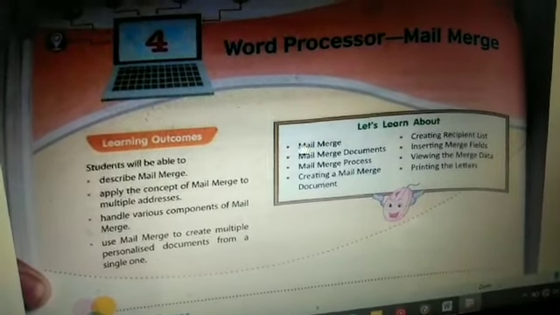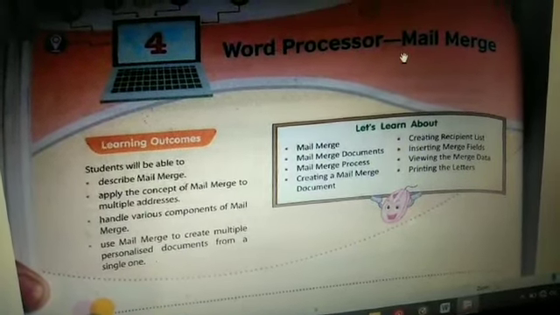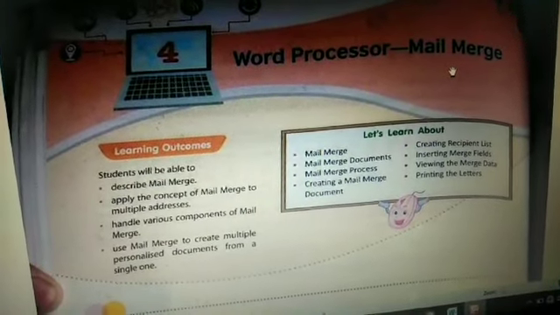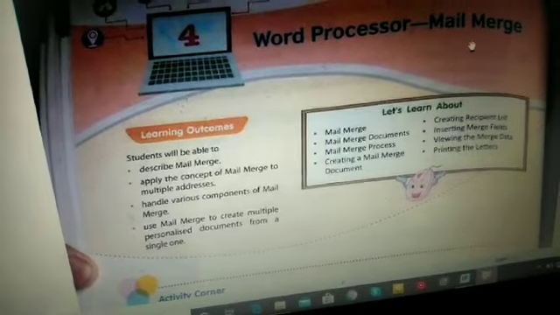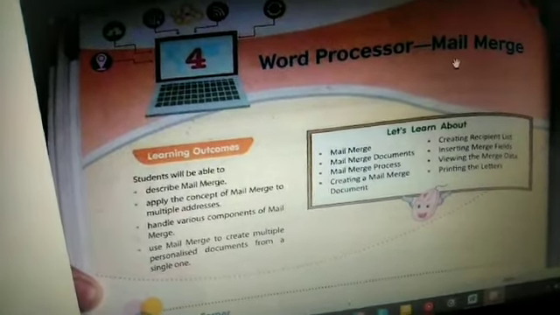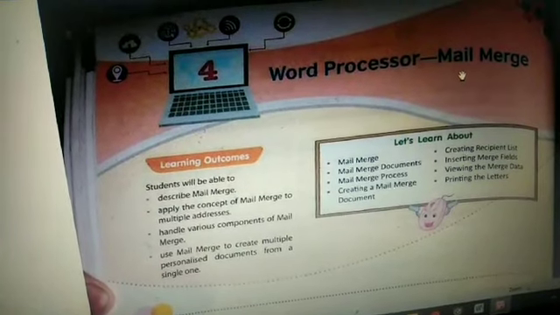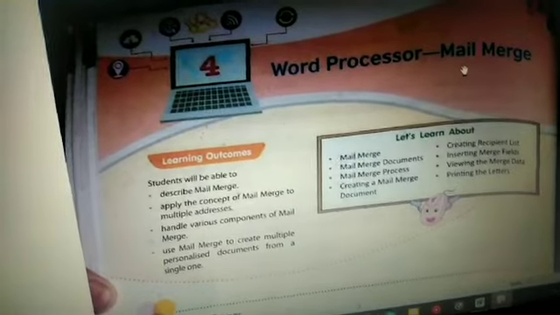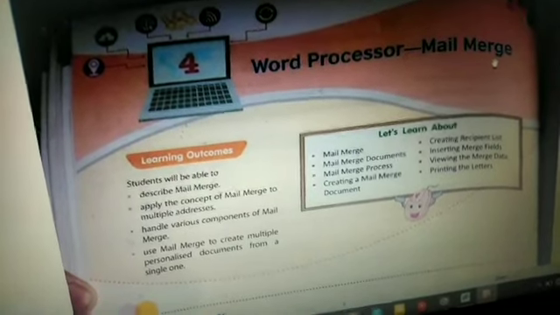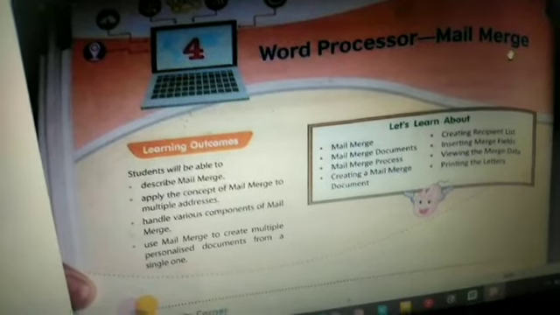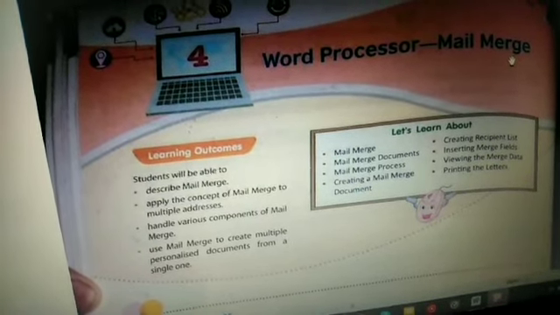So I'll tell you what is the main aim of using this mail merge before we go to the lesson. I would like to tell what is called mail. Mail means some information, or it can be a letter or it can be an order or anything. So you're going to send some information to someone. Merge means adding, combining, I hope you remember.